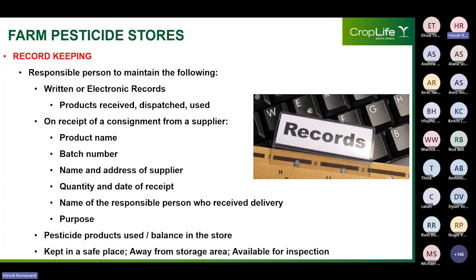Now, when it comes to record keeping, it is important for the appointed responsible employee to maintain the following for farm stores: written or electronic records for each pesticide product received, dispatched, and used. It is recommended that on receipt of a pesticide consignment from a supplier, at least the following information be recorded: product name, batch number, name and address of supplier, quantity and date of receipt, name of the responsible person who received delivery, and purpose. Records are to be kept for all pesticide products used and balance of products in the